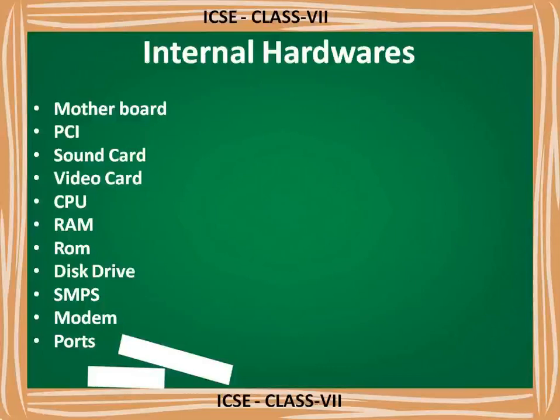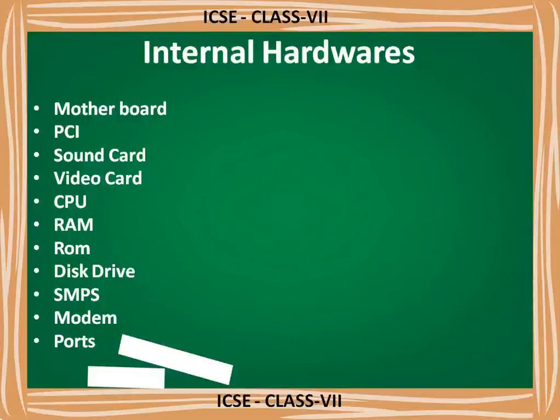Next is the CPU. The full form of CPU is Central Processing Unit. It is the main unit of a computer. This CPU controls overall activity. It is alternatively referred to as a microprocessor. It controls all the instructions it receives from hardware and software running on a computer. Whatever instructions come from the input and output devices and the software running on the system, it receives and controls. That is the work of the CPU.